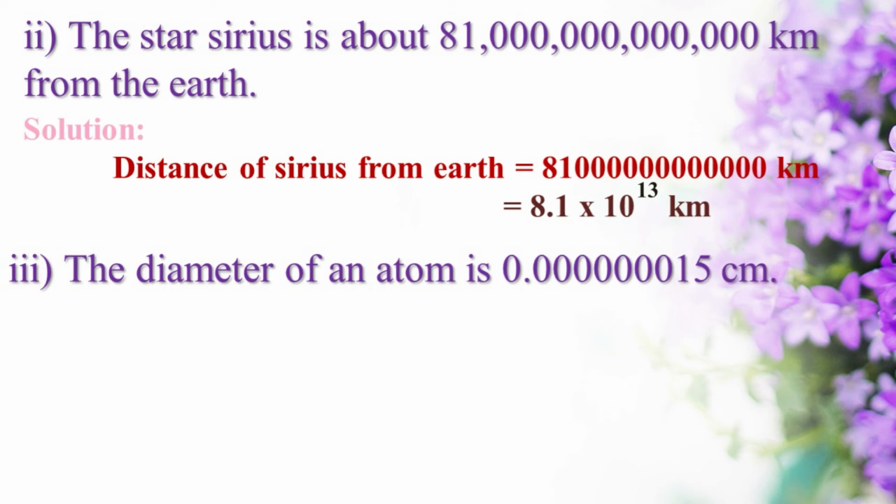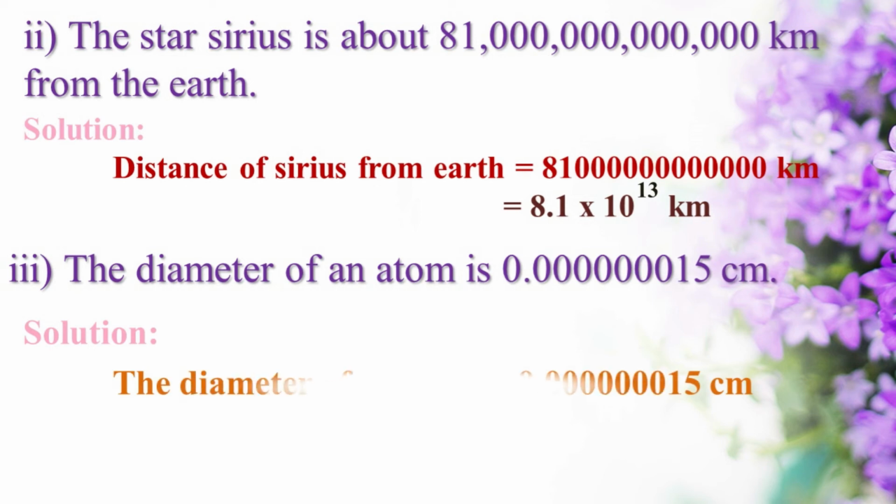Here the given number is a decimal number, so we have to move the decimal to the right side. Whenever we are moving the decimal place from left to right, the power will be negative. So the solution for this sum is: the diameter of an atom is equal to the given number